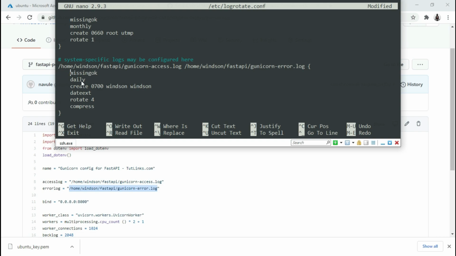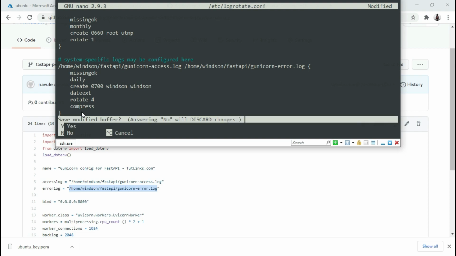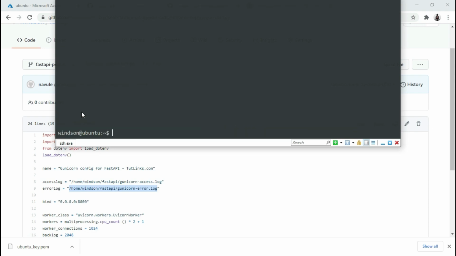This tells Logrotate not to fail if these files are missing, and to rotate these files on a daily basis, and the extension of these files will be a date extension. Rotate 4 means preserve only 4 files, and compress the files that were rotated. So Ctrl X, capital Y, and hit enter. In order for these changes to take effect,